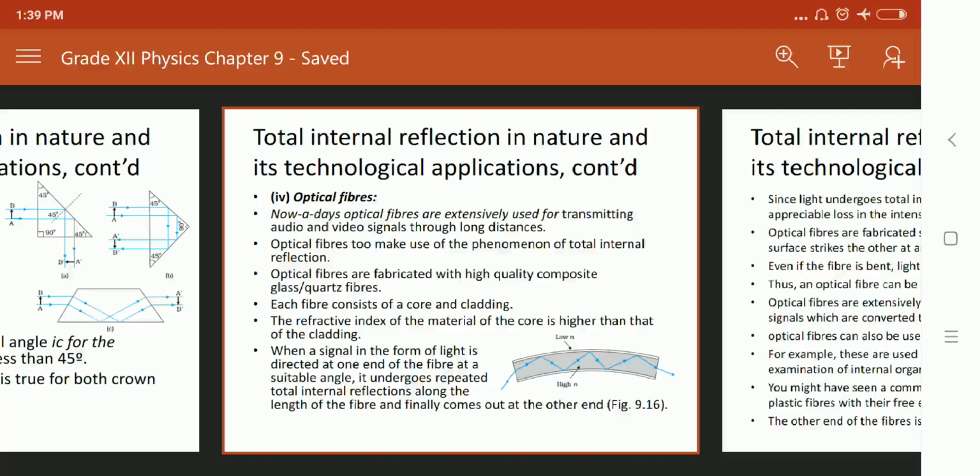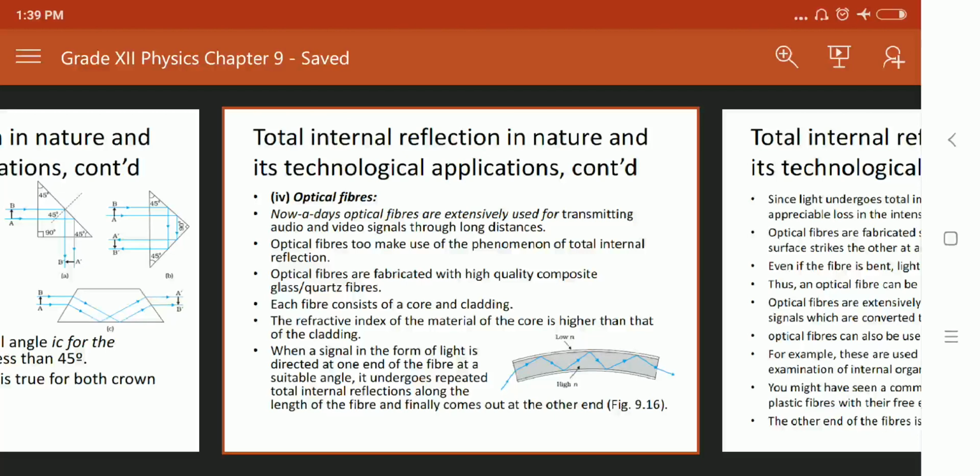The refractive index of the materials is chosen in such a manner that the core has a higher refractive index than the cladding. So while light is passing through the core, it undergoes total internal reflection and light won't propagate towards the cladding. That's why the outer cladding has a lesser refractive index, so light won't come out from the fiber.